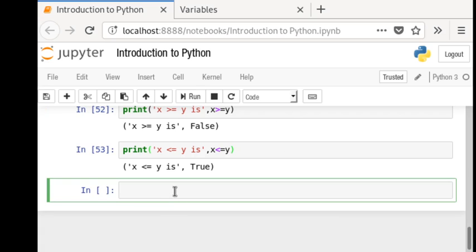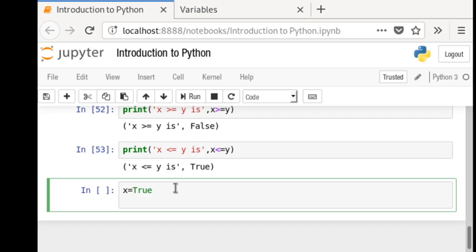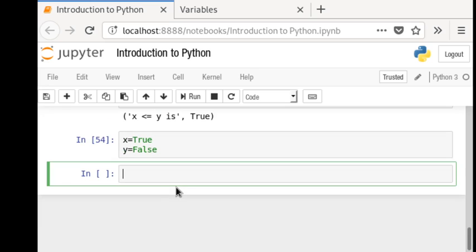Let's see the example. Again I'm going to declare x as true and y as false. Okay, so let me check each logical operation.